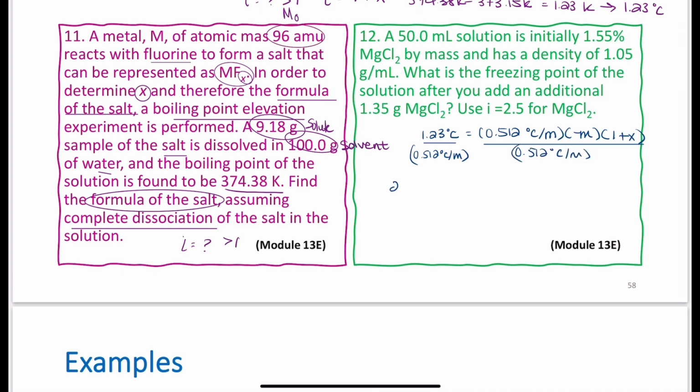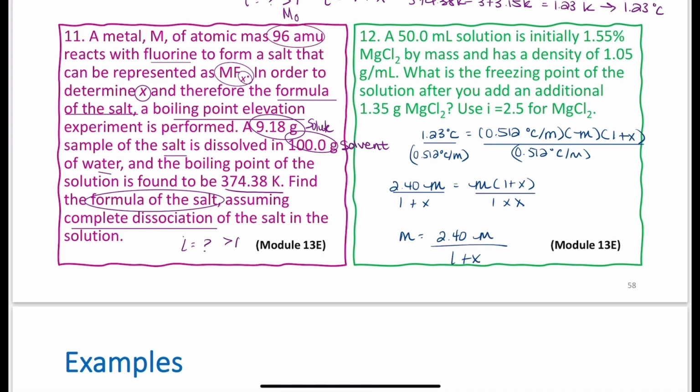That's going to give me 2.40 molal is equal to the molality times 1 plus x. And then I just divide both sides by 1 plus x as well. Why? I'm isolating the molality. What this tells me is my molality of the solution is equal to 2.40 molal